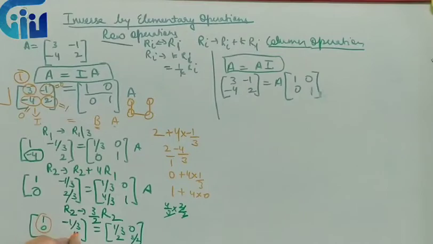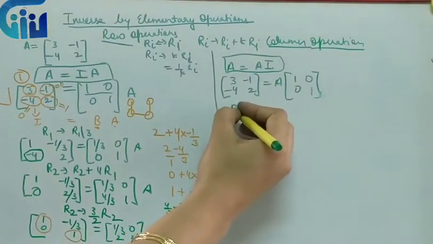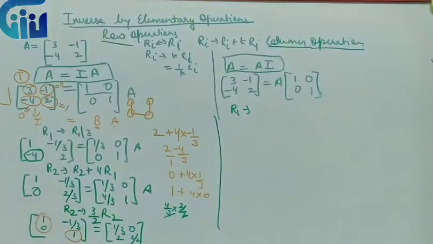These two, 1, 0. This is 1. Ultimately, we have to make the first element 0. So how do we make it 0? I will write it over here. So again, R1 needs to be 0. Minus 1 by 3 can be 0 only if I add plus 1 by 3 to it.